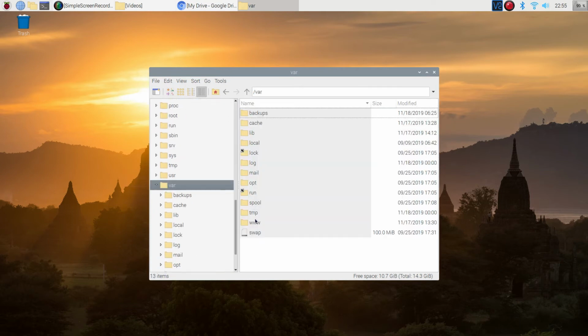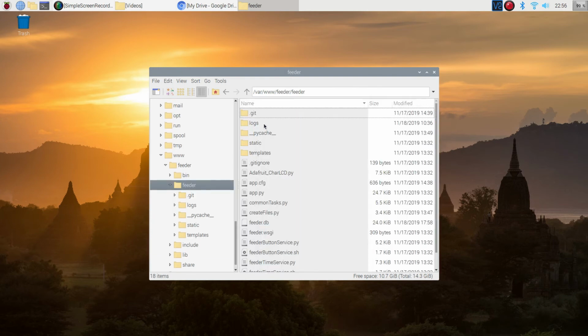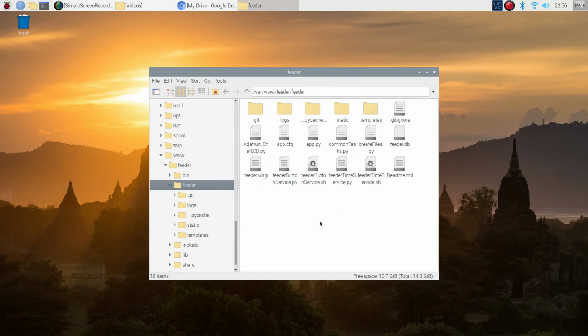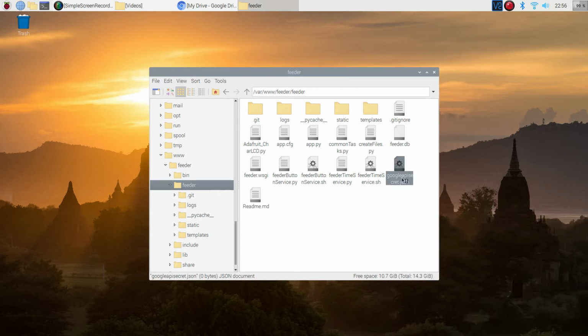and go back into our main home directory where we currently have the feeder set up, which is under var www feeder feeder. And then within there, we're going to want to paste that JSON file that we previously downloaded. Now, if you're already on the Pi and you downloaded it into your download folder, you can just copy it over to here. But if you're on another machine like myself, then you'll have to go ahead and create that file. So you can open up a console in this folder itself,